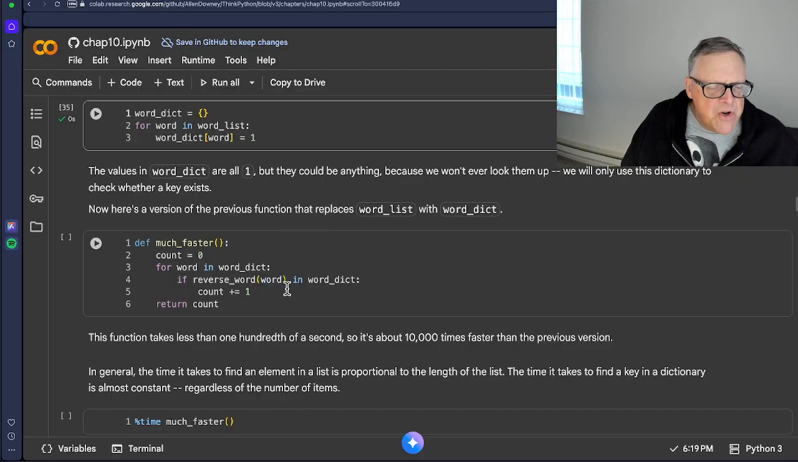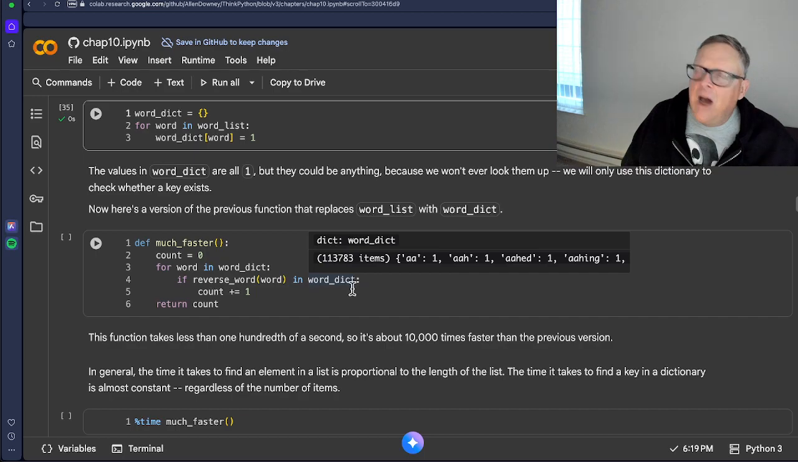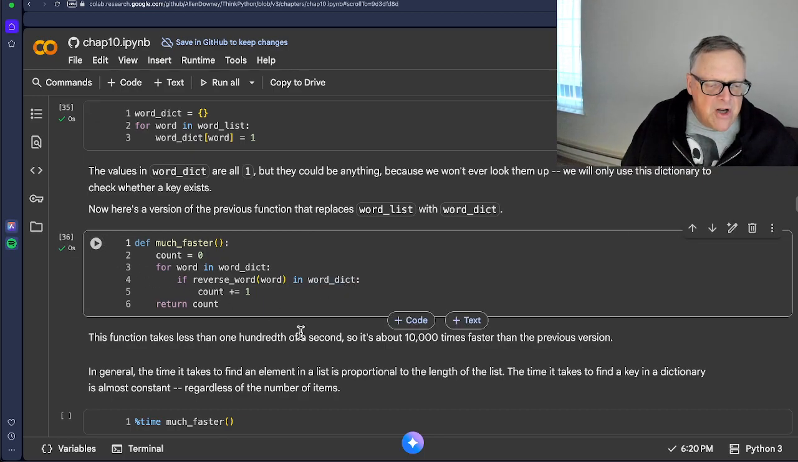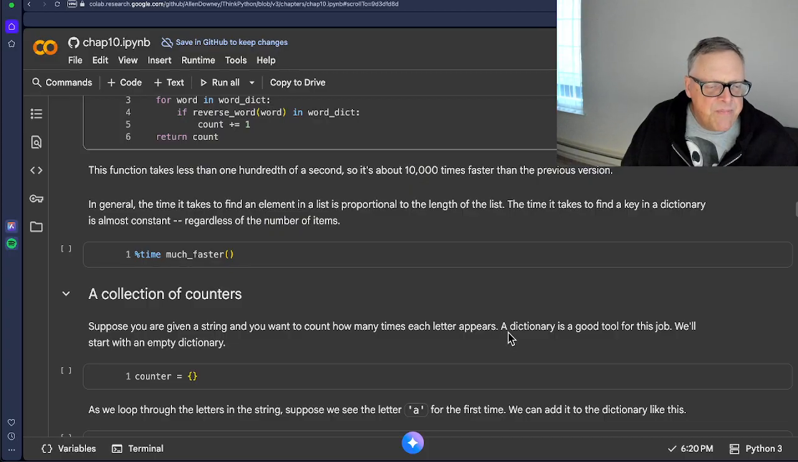Now, we're just going to see if the reversed word is in the dictionary, and the point is now each one of these comparisons is going to take a short amount of time. It does not depend on how long this is anymore. So now this one will be much faster, 10,000 times faster than the previous version. All right. Anyway,